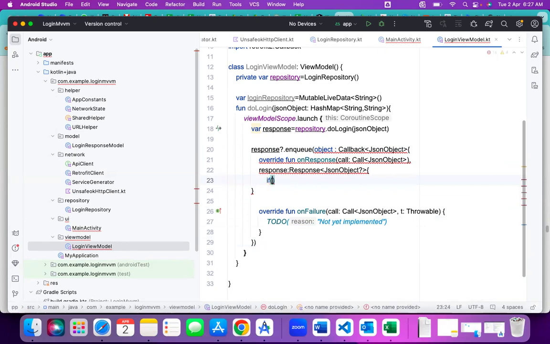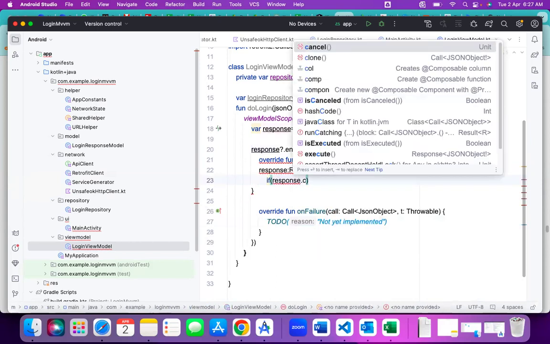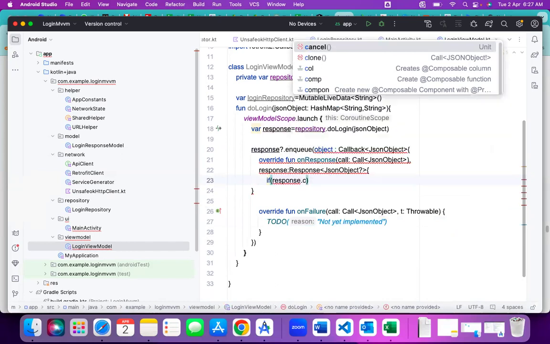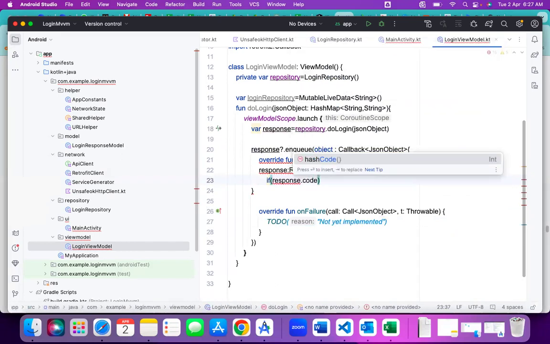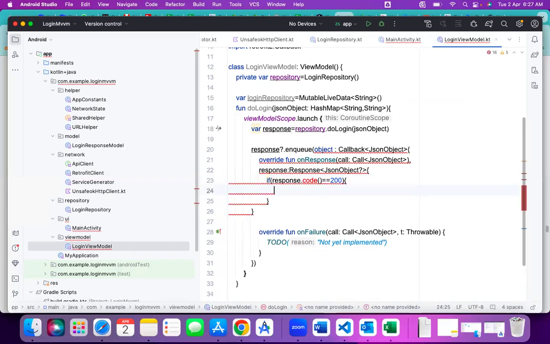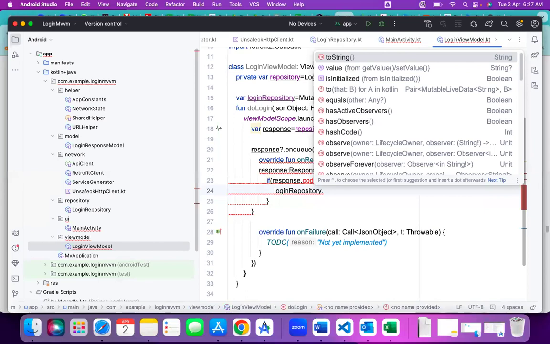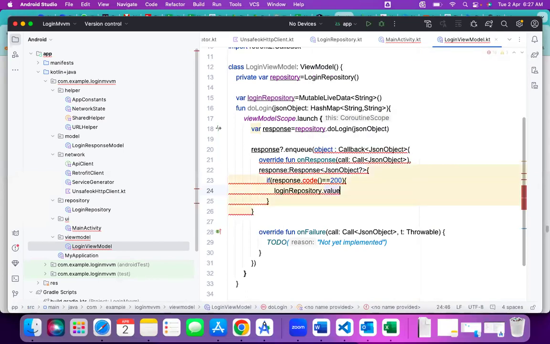So here, the response dot code. So the response dot code equal to 200. In case when we get the code as 200, here we can capture the response from the login repository dot value. So that is equal to,